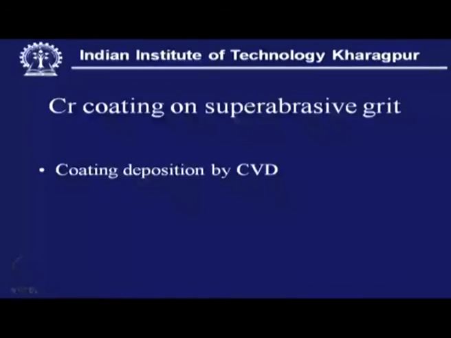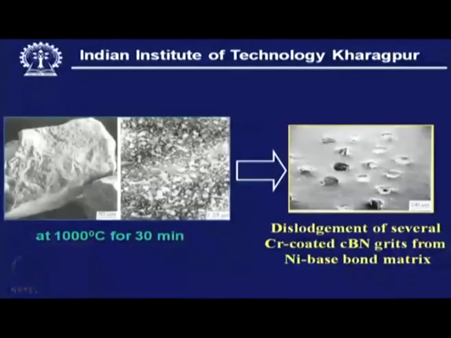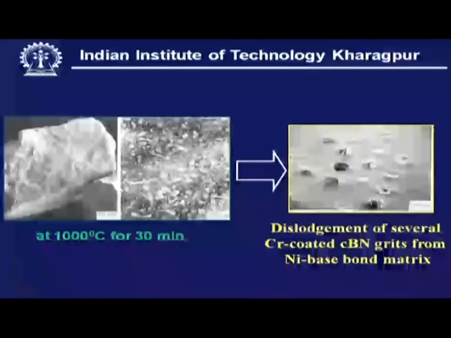Chromium coating by CVD is a routine thing. Chromium coating is used mainly to graduate the property of steel to receive a coating of TiC or TiN, but here we can see that this CVD coating of chromium can also be attempted on CBN and diamond. However, what has been seen is that in this case, the chromium coating result was not that successful,